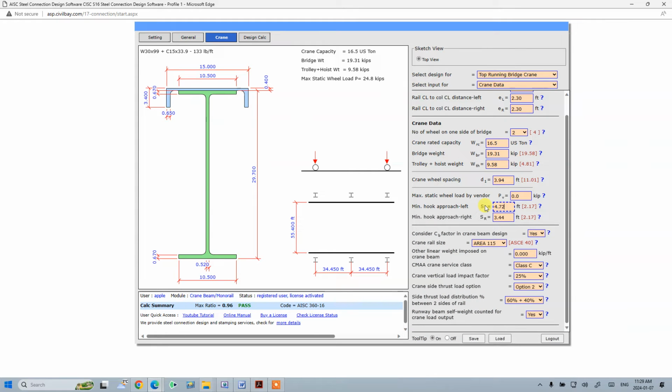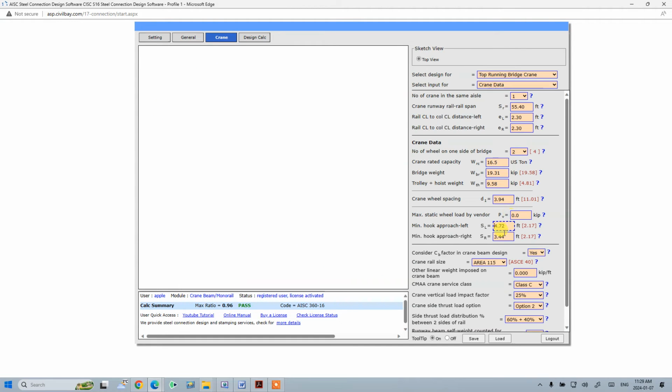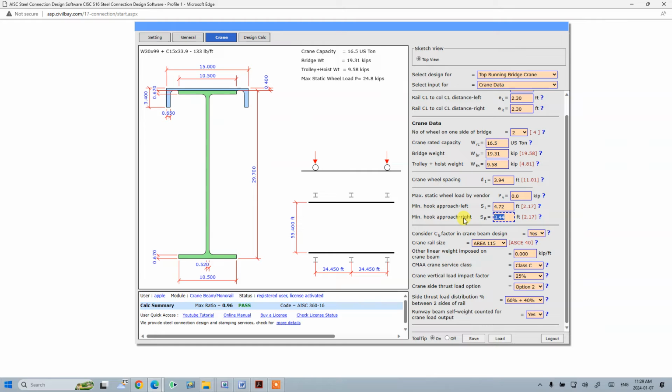4.72. The left, the right is 4.96. Okay, and